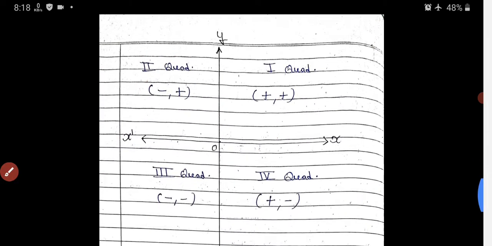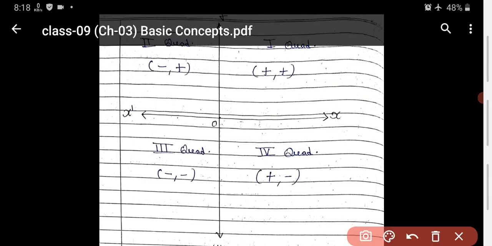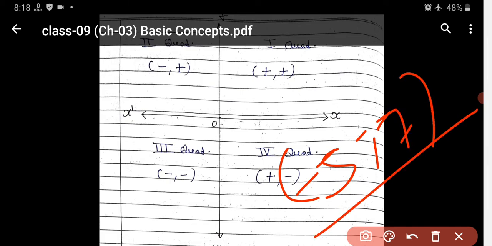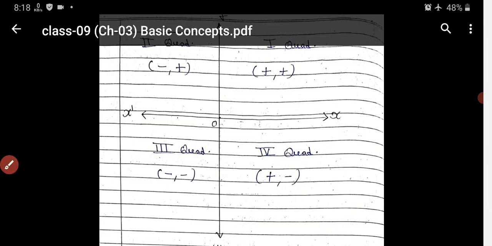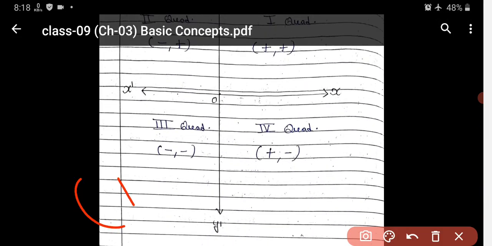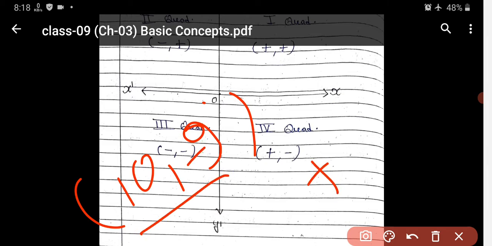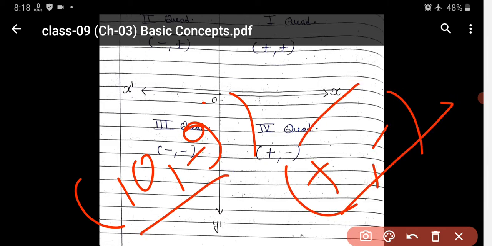Now the third quadrant sign is (-, -). One more example: I am taking two numbers, (-5, -7). In which quadrant does the given point lie? Just check the sign: minus minus means third quadrant. Then you have to say that the given point lies in the third quadrant. Okay, now come to the fourth one, (+, -). What is plus minus? Taking an example, (10, -9). Just see the sign, first plus, second minus. Plus minus lies in the fourth quadrant. So without plotting you have to say that the point lies in the fourth quadrant.